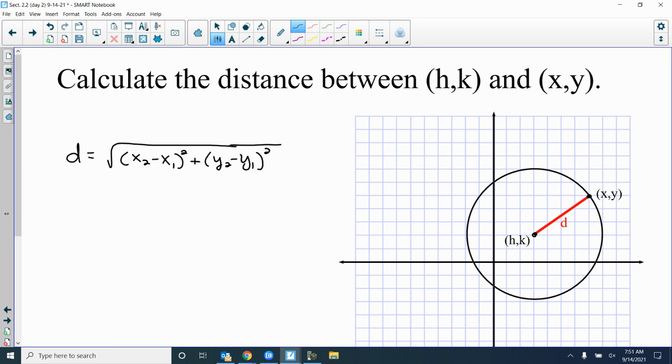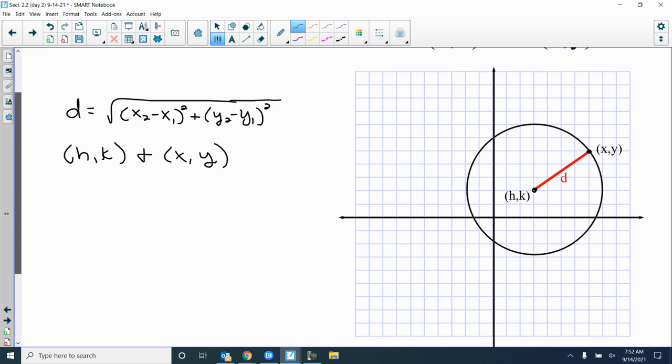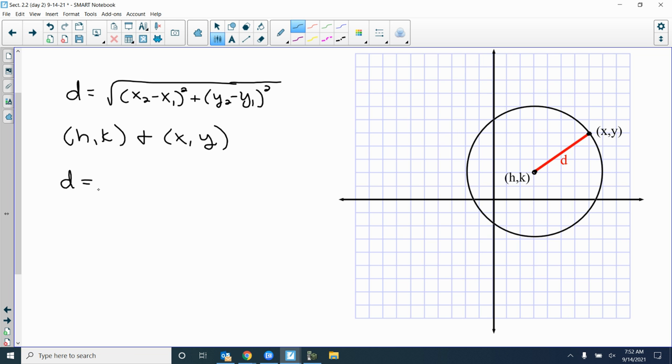All right, well, the 2 points we're given are h, k and x, y. And we don't know their coordinates. We're just going to use it in general. So plug that into the distance formula. What's it going to look like? So d equals square root, x2 minus x1. So I'm going to take x minus h quantity squared plus y minus k